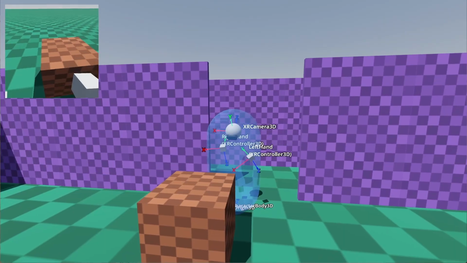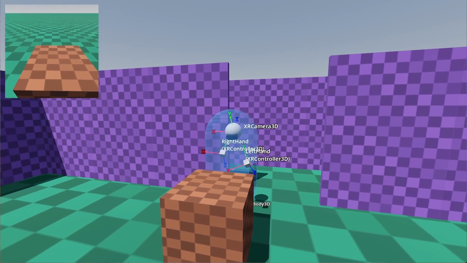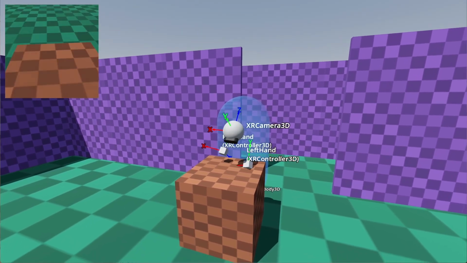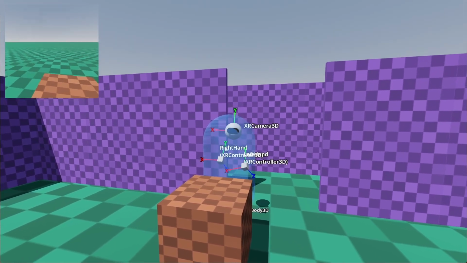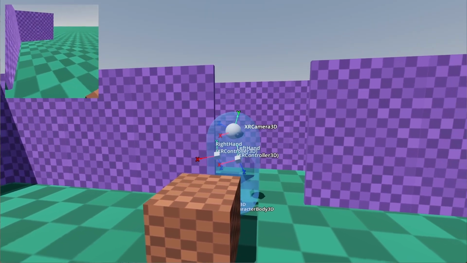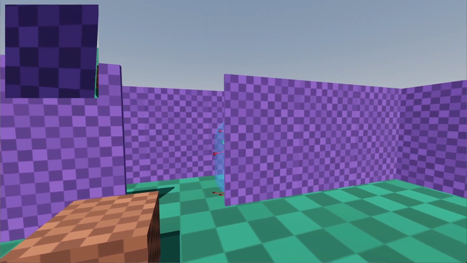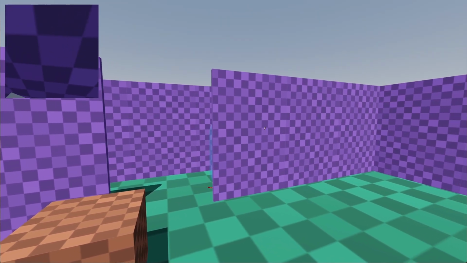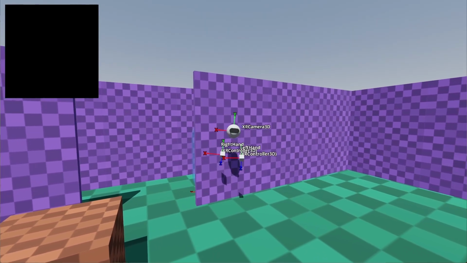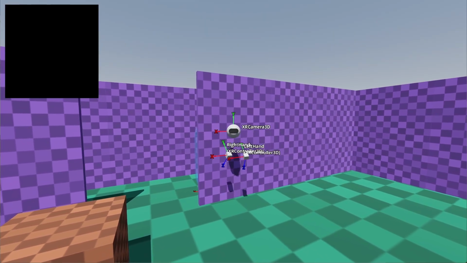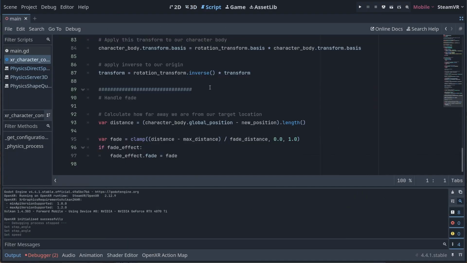With all this implemented, we can discover a new issue we need to solve. In the last video, we made logic so the player can move forward even when obstructed, so they can bend over an object. However, this means we can also put our head through a wall. We are going to solve this by querying our physics engine directly. We'll be implementing this on the script on our XR-Origin 3D node and adjusting our existing fade logic.